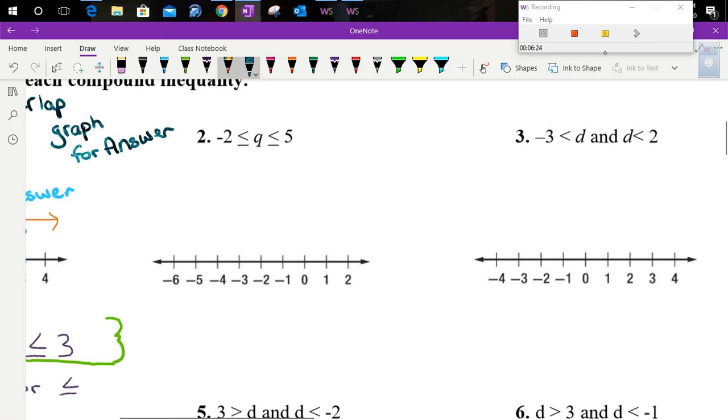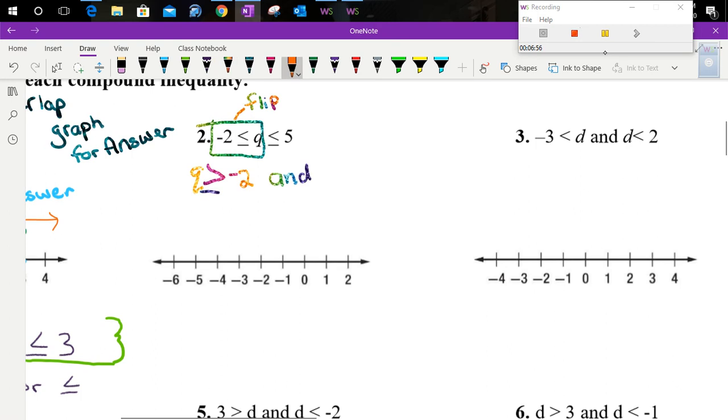And so we need to flip it. So we're going to write the Q first, and then remember what I told you is that if this is open to the variable here, it needs to be open to the variable here. So then we would have Q is greater than a -2, and